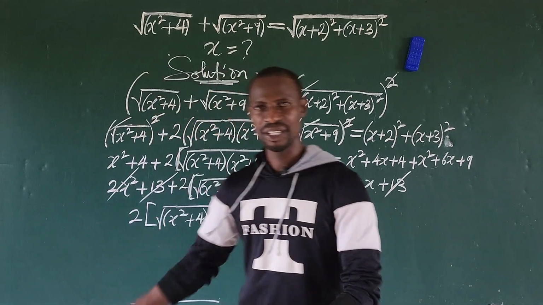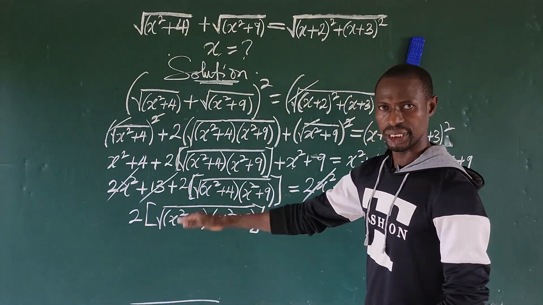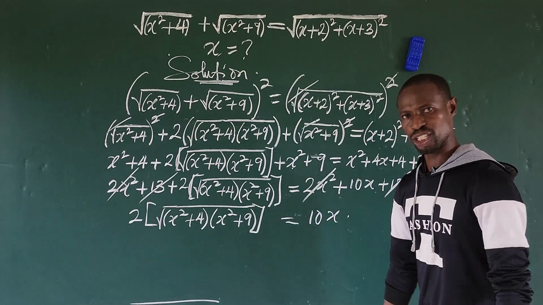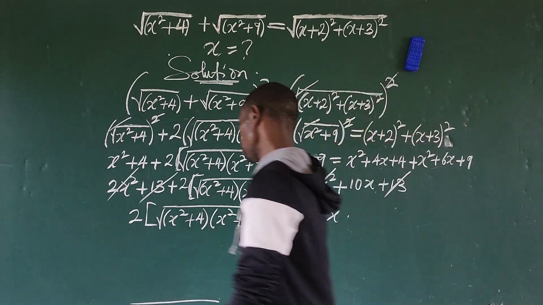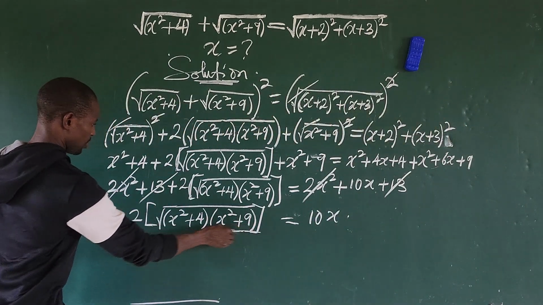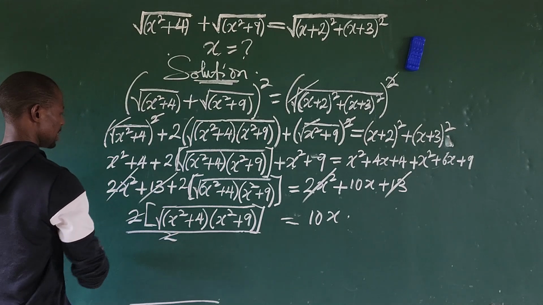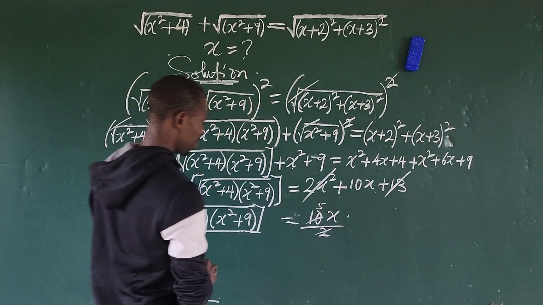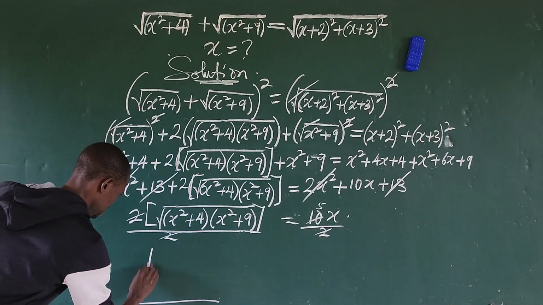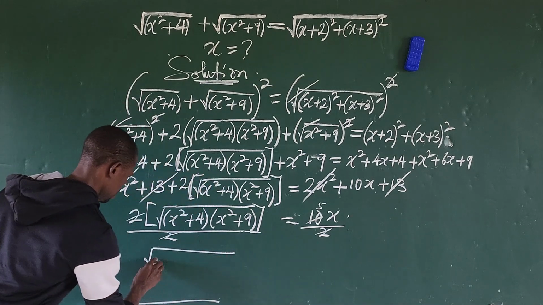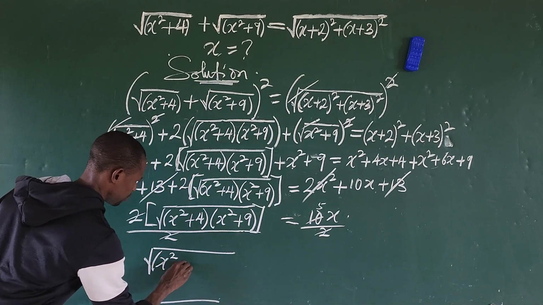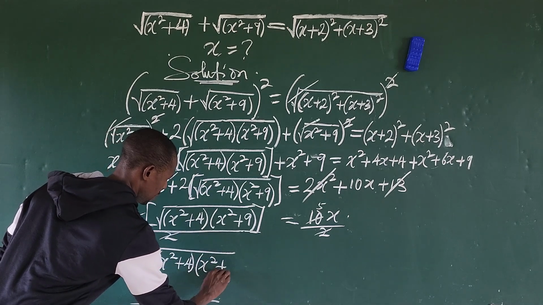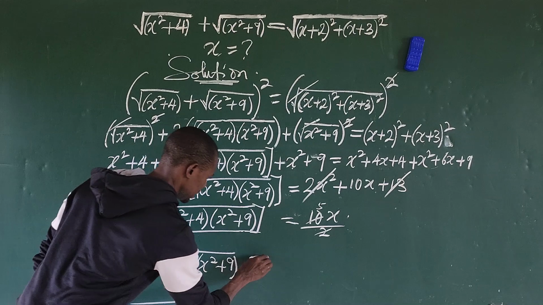You discover here we're having 2 as a coefficient on the left hand side of the equation, and here is also divisible by 2, so we have to divide through by 2. And so let's divide the whole of this by 2. This leaves, and this by 2, here we have 5. So we're going to end up having just our radical, the square root of (x^2 + 4)(x^2 + 9), equal to